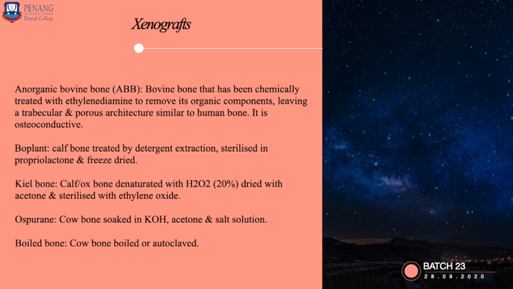In the previous allograft, we have seen the inorganic component will be removed and the organic component will be exposed. Whereas in xenograft, we are going to remove the organic components so that there will not be any immunological response for this graft material. But the inorganic components will be kept. These inorganic components are going to help us like a scaffold. It is going to stay in place like a filler to prevent epithelium from repopulating the site, and helps the blood cells to come to the site and helps in regeneration.